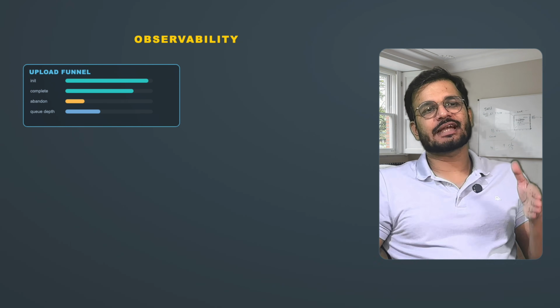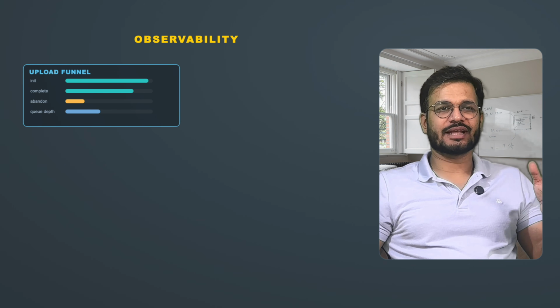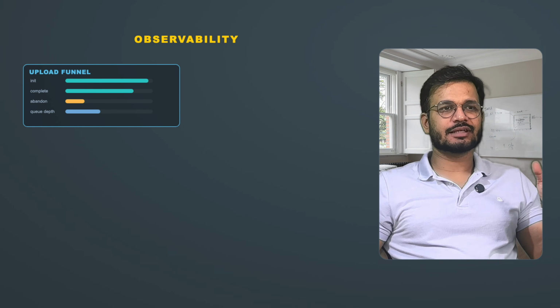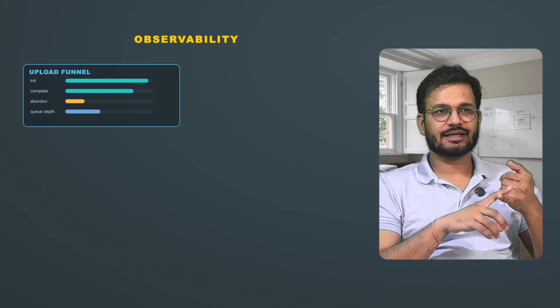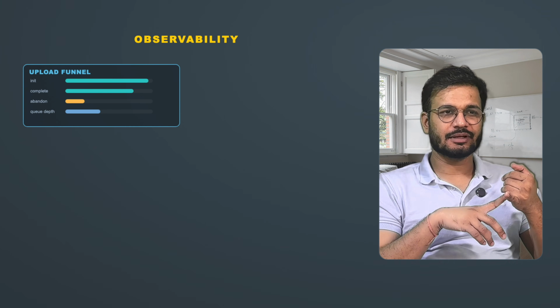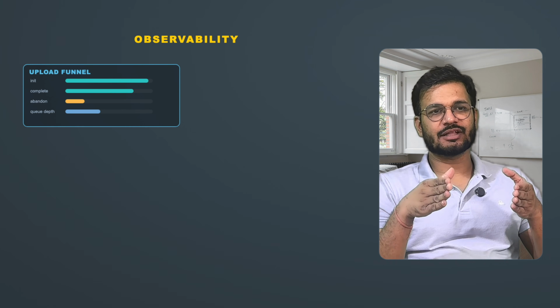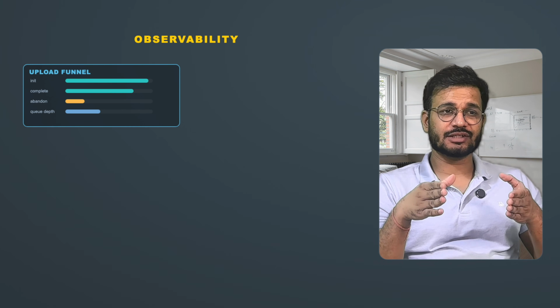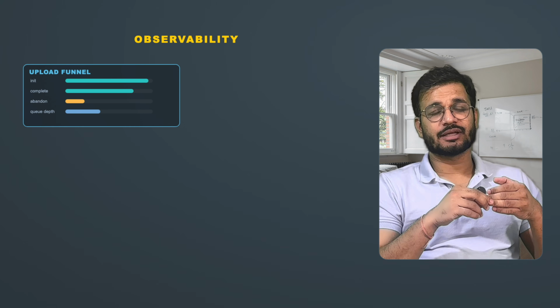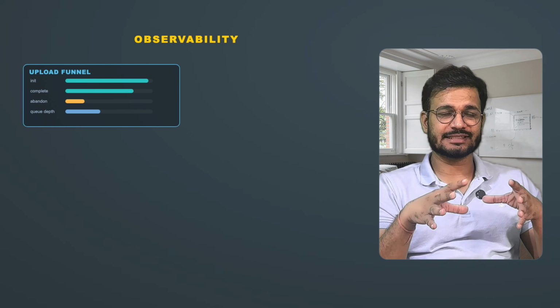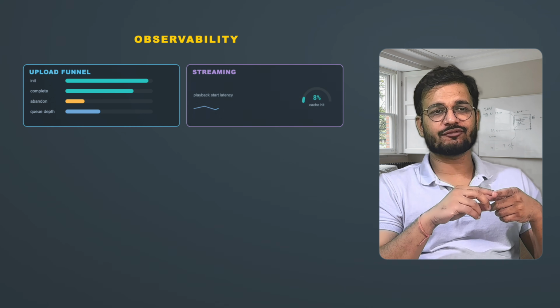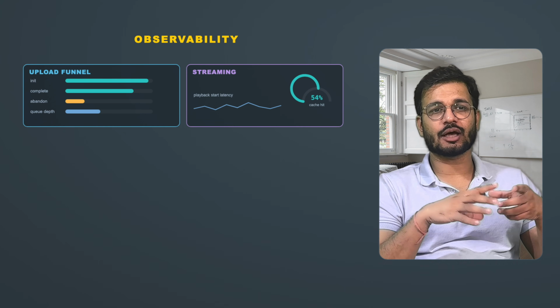You need metrics at every stage of the upload and streaming pipeline. In the upload funnel, we need upload initiation rate, upload completion rate, and upload abandonment rate, meaning users who start but do not finish. Then transcoding queue depth, which tells how many jobs are waiting, and transcoding job latency, the P50, P95, P99